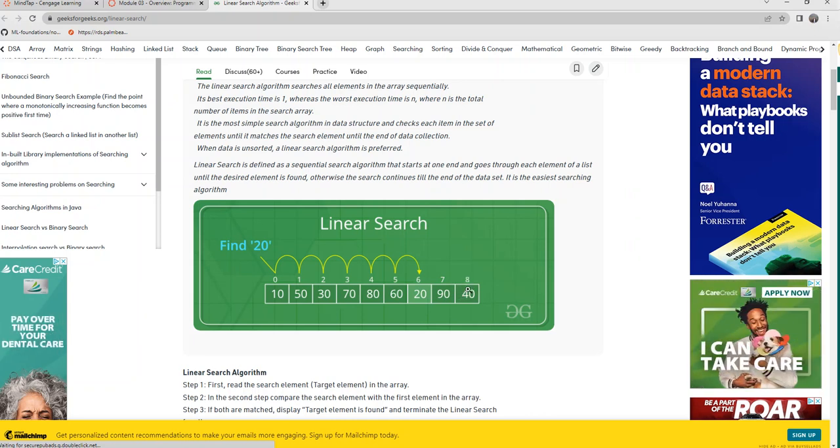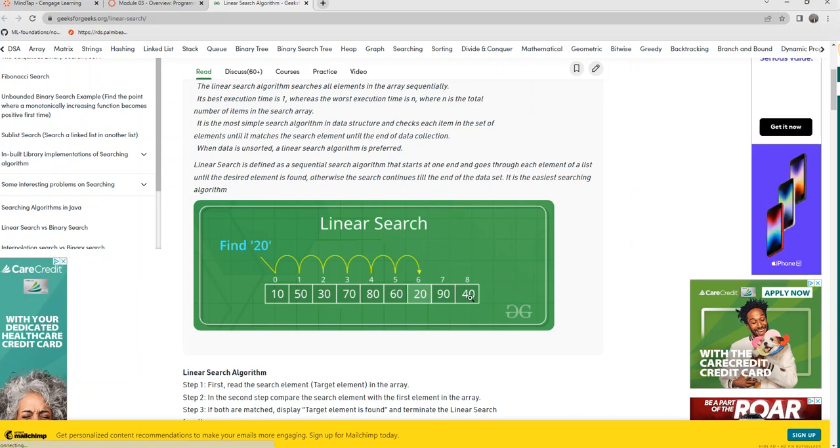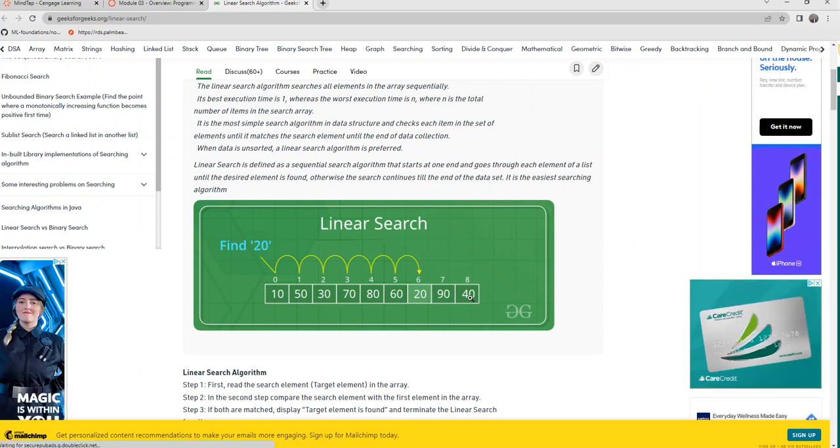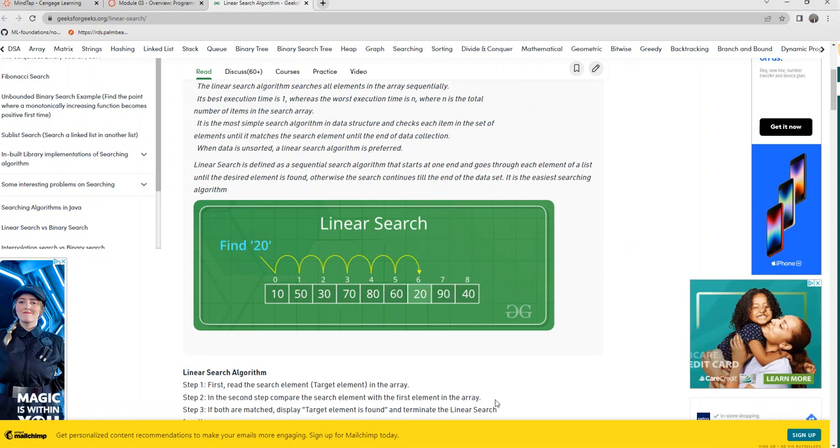I'll leave what I was about to say till the next module. We'll talk in the next module about logical space and actual physical space. So we'll just say that this array has 9 values in it that our function can access. And if I want to search for the value 20, assuming it only exists once,